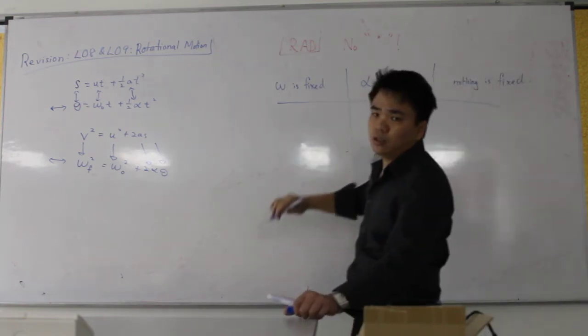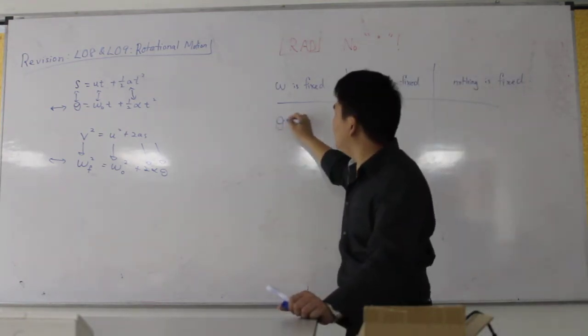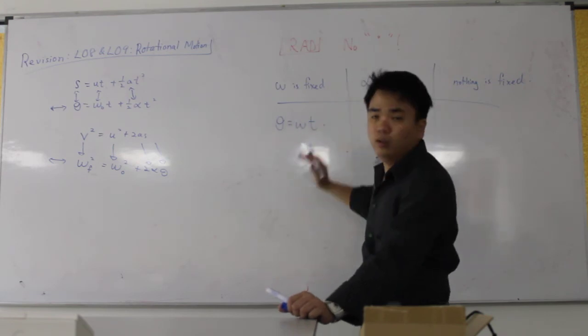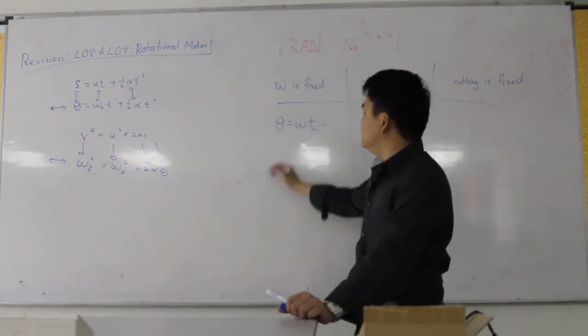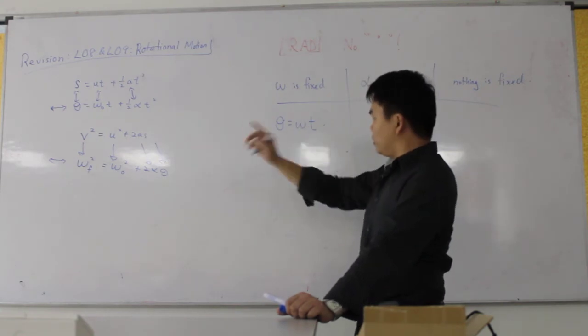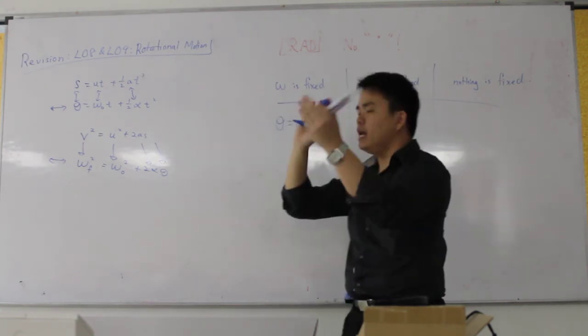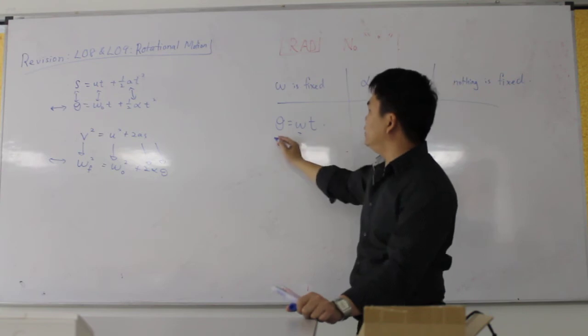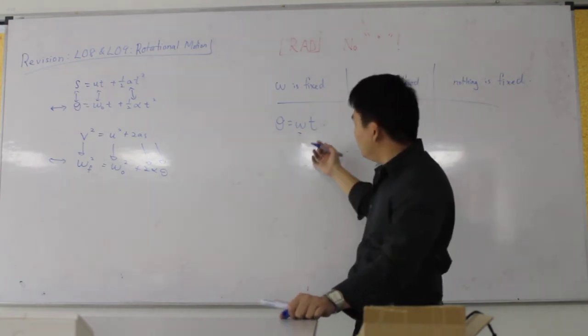When omega is fixed, all you need to do is just theta equals omega t. That's all. One good example is the Earth. The Earth is rotating at a fixed omega, and the theta depends on this. And let's say for Earth,